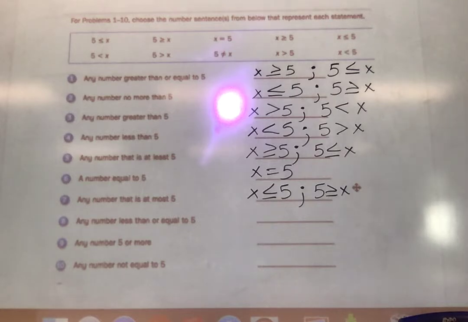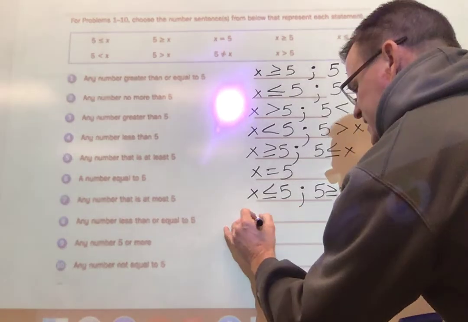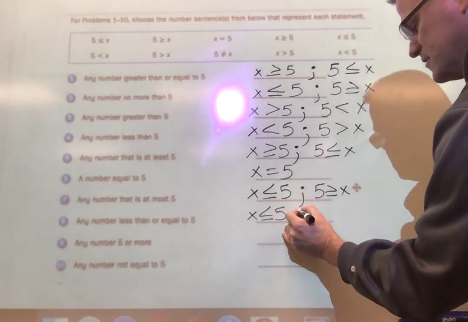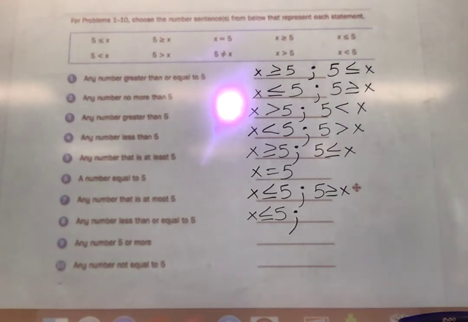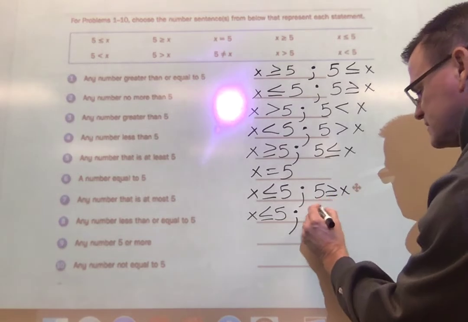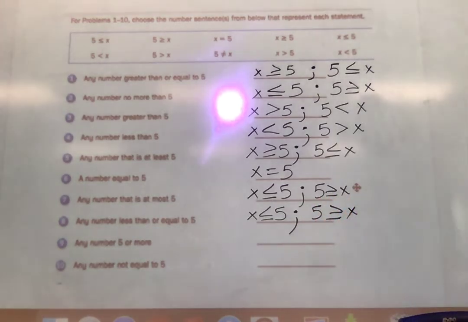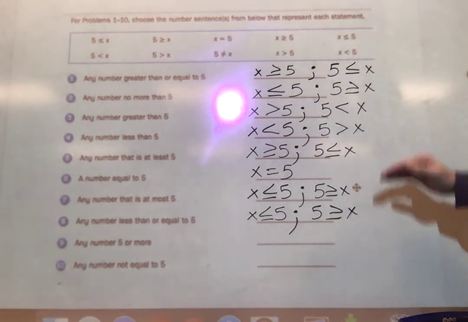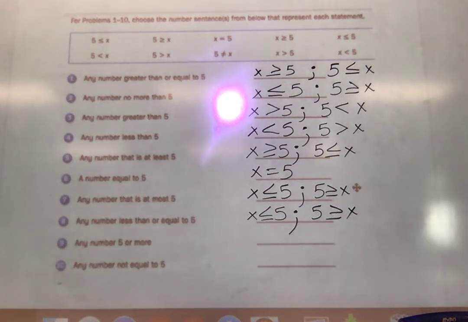Number 8, any number less than or equal to 5. Any number less than or equal to 5. So x is less than or equal to 5. That's your any number x. It's less than or equal to 5. And I can also write it the other way, which would be 5 is greater than or equal to x. Okay, because x is still smaller. It's any number less than or equal to 5. It is smaller than 5 or equal to it because 5 is greater or equal to x. Right, so same thing there. And again, some of these, the same thing as we did in similar ones up above, they're just worded a little bit different. You really got to take your time and read the wording